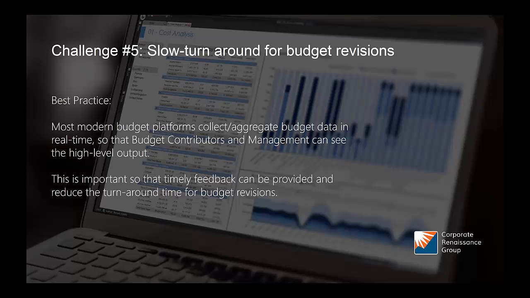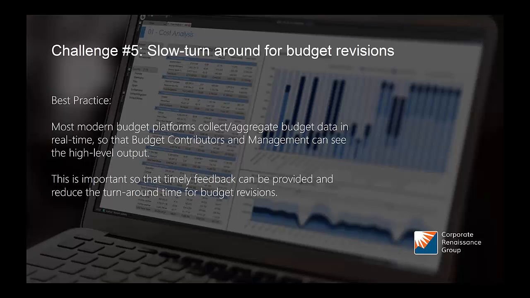So we see that from a best practice perspective, organizations are leveraging these modern budgeting platforms, which allow for the collection and aggregation of the budget data in real time. As the data is being input, it's automatically aggregated. So if I'm on a manager level and I want to review a consolidated report of the budget, as that budget's being input, I can actually see in real time those totals being updated at a higher level. For example, at a divisional level, as opposed to looking into the details of an Excel workbook. In these budget models, the budget contributors are inputting their data, and as a manager, I can see already the